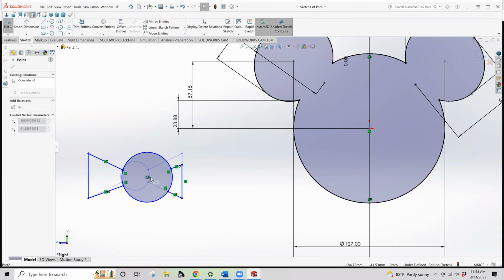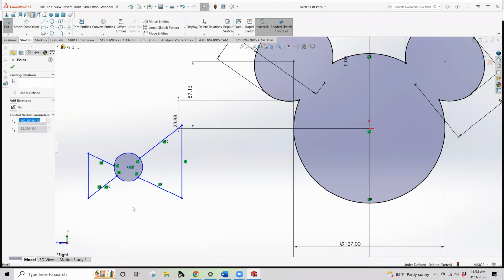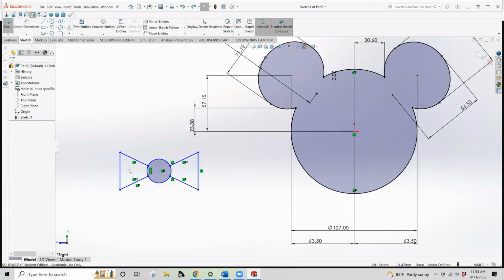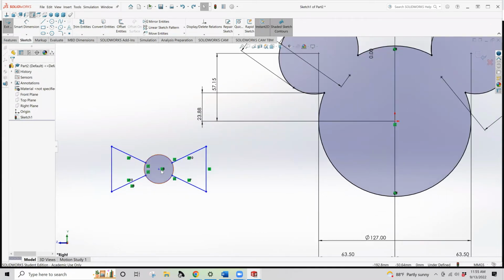So we can get all kinds of strange results by changing our dimensions, right? So we want to be really careful about how we go about doing that. So we can start with something like that. And we could say, okay, I want to move this